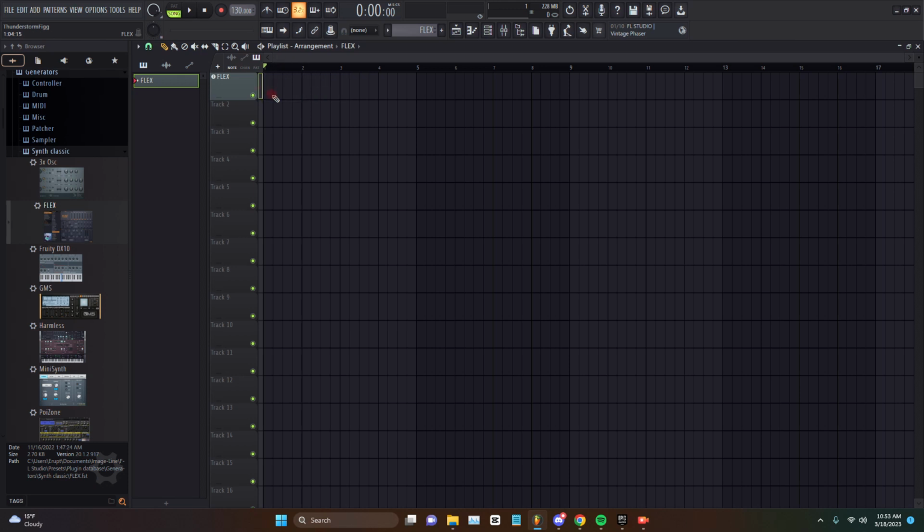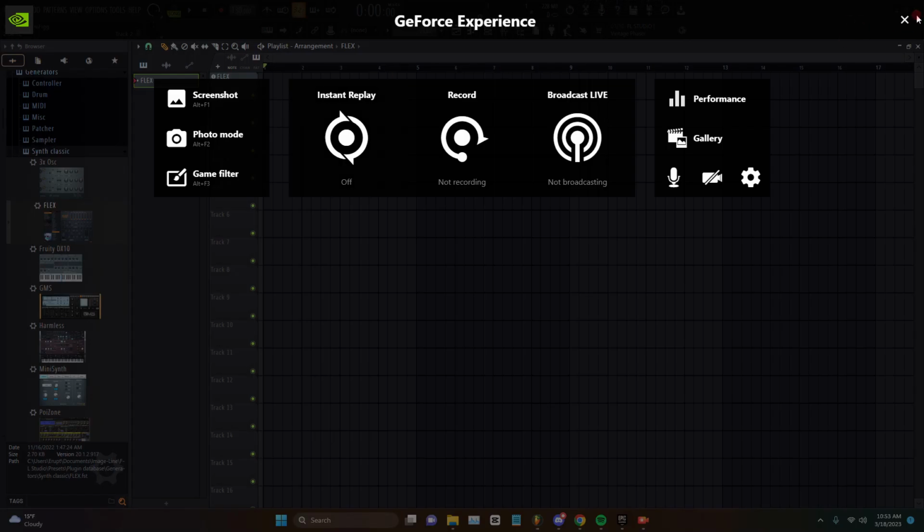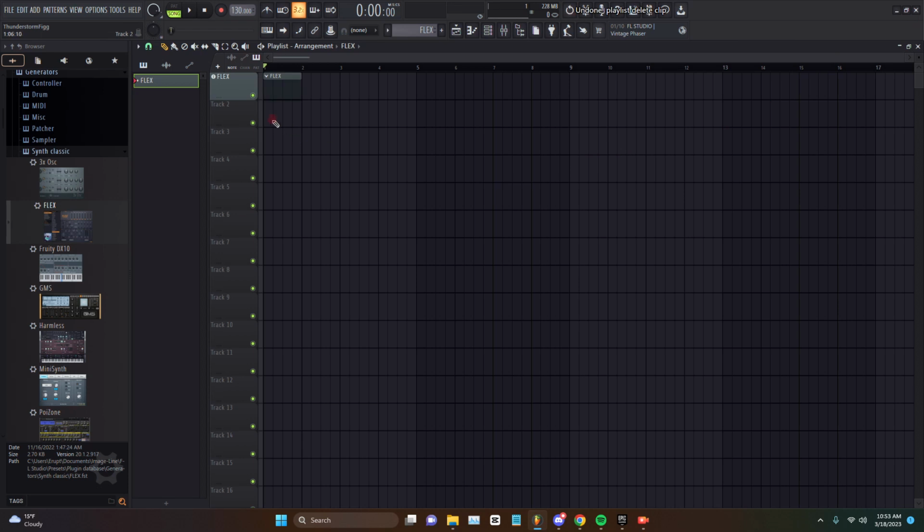However, that's not what I want to do, so I click Control Z, and it undoes it. Control Alt Z also redoes it. Oh, what was that? Anyways,